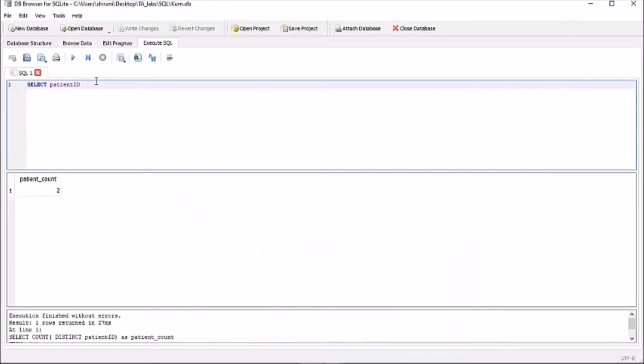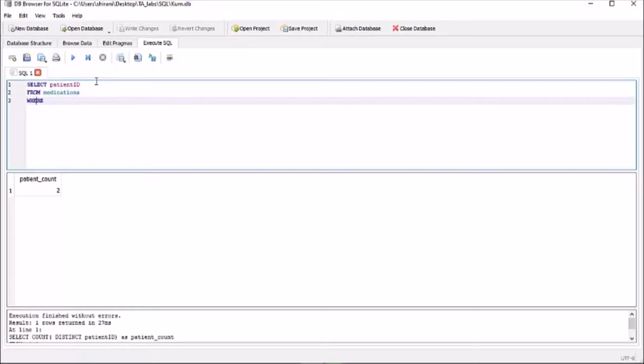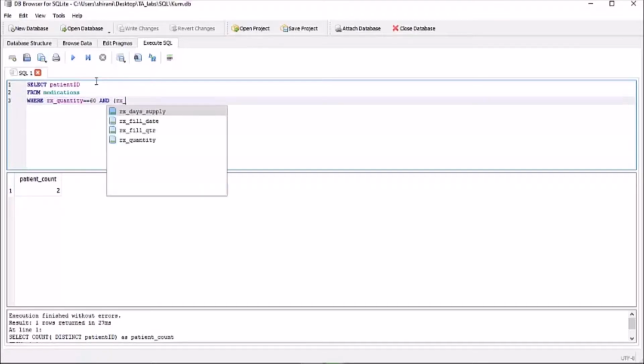Okay, so it's enough to select patient ID from medications where quantity and Rx. Or